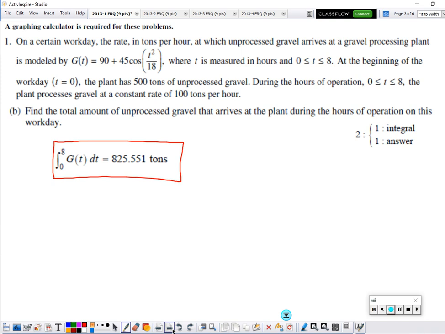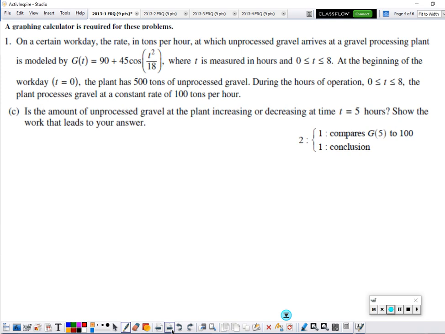Part C. Is the amount of unprocessed gravel in the plant increasing or decreasing at time equal 5 hours? Show the work that leads to your answer. Okay, I already told them that A was the amount of gravel. I already told them that A prime was this. So I don't have to rewrite it. And then I can just simply write, at t equals 5 hours, always using units,